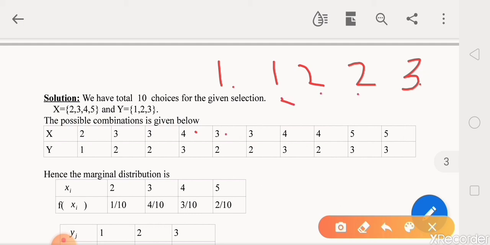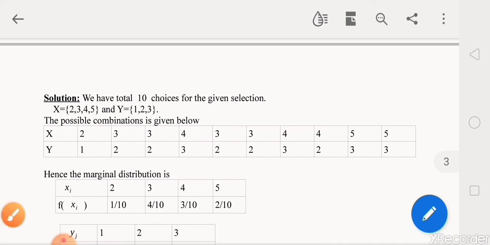1 and 2, 3. 1 and 3, 4. Start with this 2. 2 and 2, 4. 2 and 3, 5. The last is 2 and 3, it is 5. In each case, the maximum